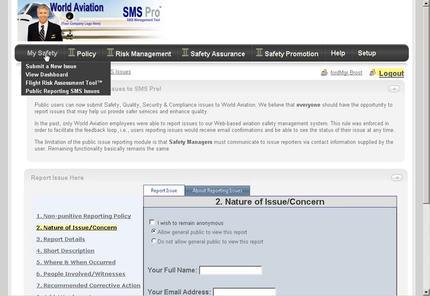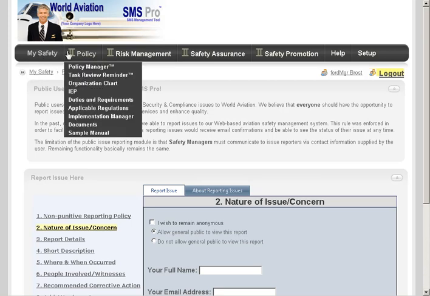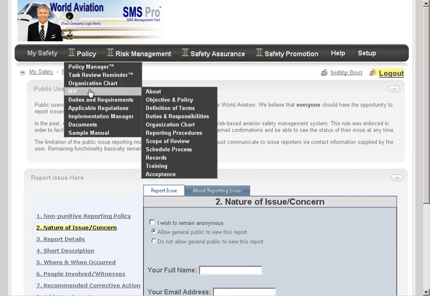We're going to start going to the first pillar, which is policy. And under policy, we see the policy manager, the task review reminder, so you can be reminded of key tasks such as performing audits, and the task review reminder can handle recurring tasks. You have the org chart, the internal evaluation program, and we see that under the internal evaluation program we have a template,